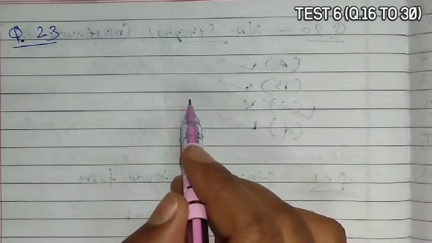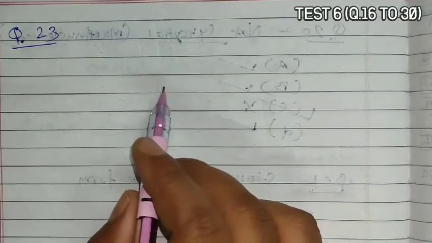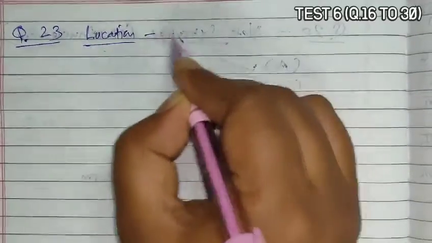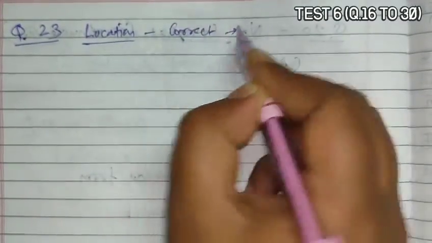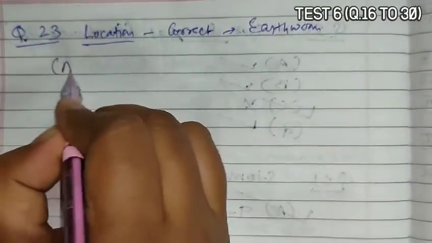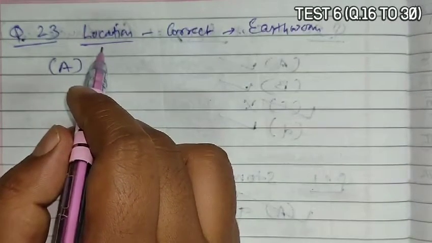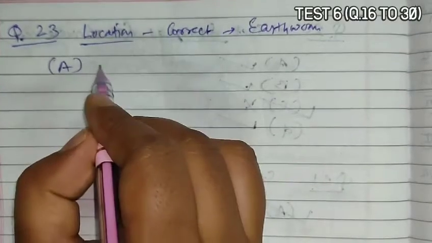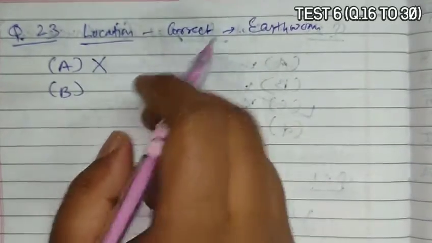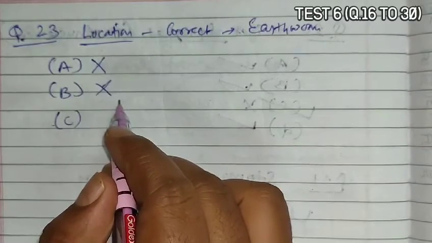Question 23 asks which one of the following correctly describes the location of some body part in earthworm Pheretima. Statement A is given as 4 pairs of spermatheca in the 4th and 7th segment. It is incorrect. Option B, 1 pair of ovaries attached at intestinal segment in the 4th and 15th segment. Incorrect. Option C is given as 2 pairs of testes in the 10th and 11th segment.